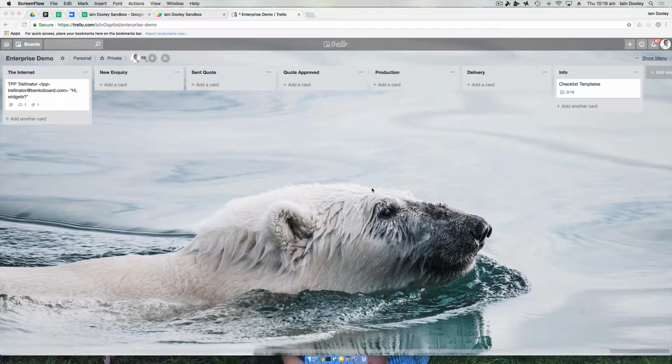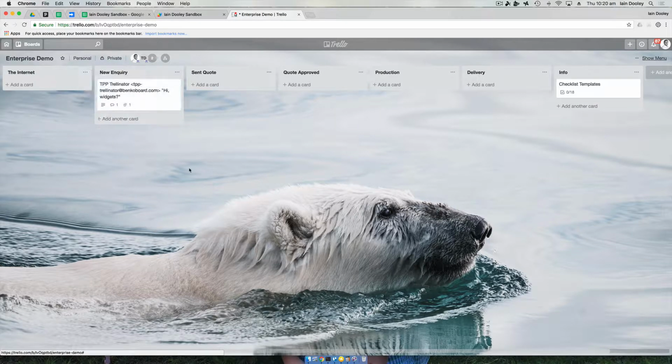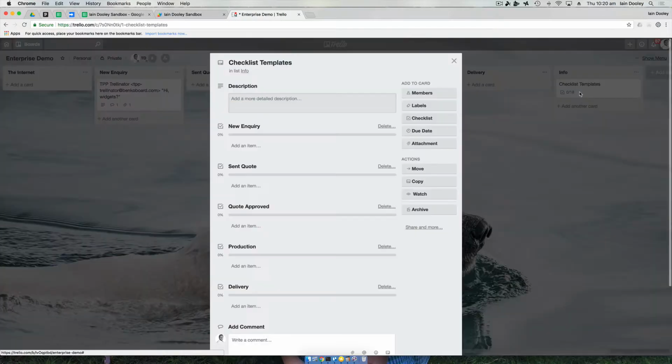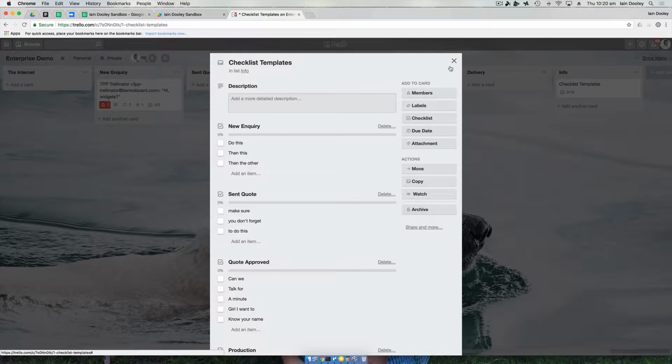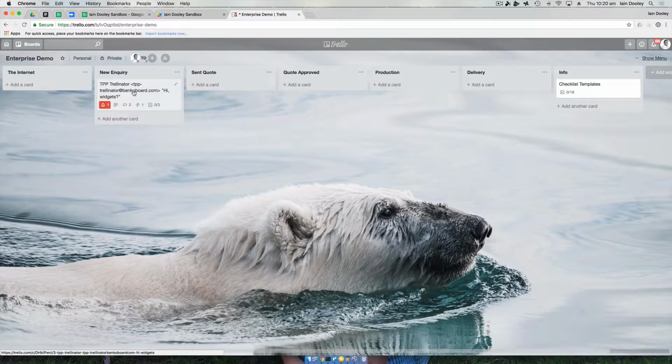This is an example of the type of system you could build with Trellinator, which is an automation platform for Trello using Google Apps Script. I've just put here a list called the Internet to simulate how inquiries might arrive. When they do arrive, they're imported from email through Bento Board into the new inquiry list. Anytime a card is added to new inquiry, the new inquiry checklist template is fetched to add to the card,